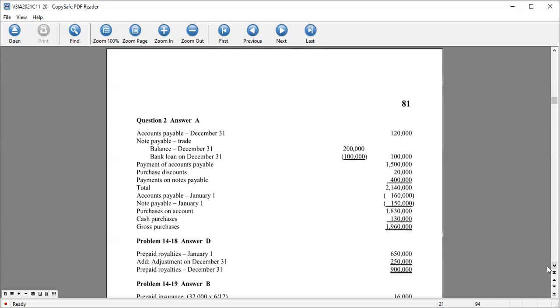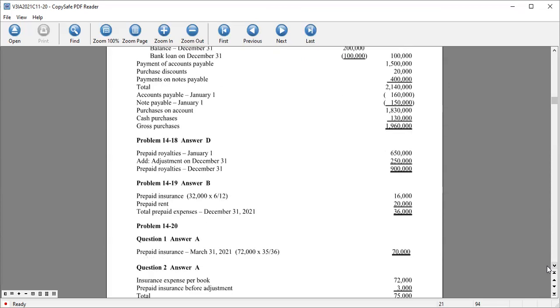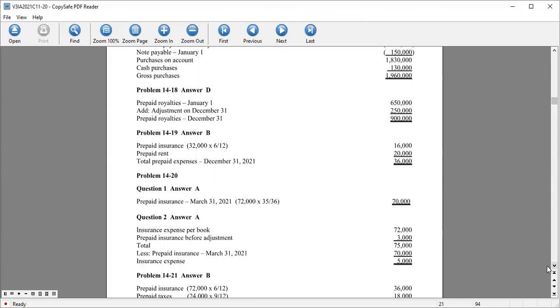Then we move to 14-18. What amount should be reported as prepaid royalties at year end? So we have now prepaid royalties beginning. We add adjustments on December 31 for 250,000. We have the prepaid royalties at the end. So meaning you really have to determine the adjustments. Now for 14-18. Next is